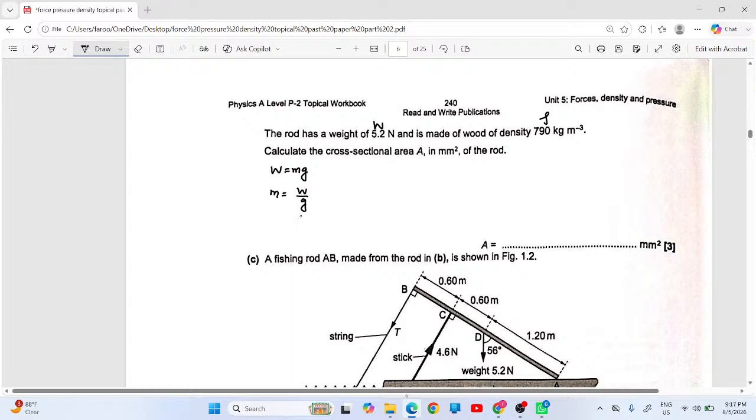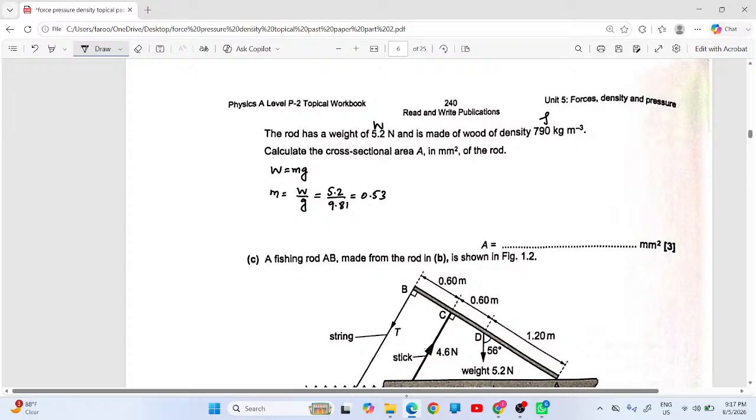Weight is what? 5.2, G is 9.81. 5.2 over 9.81. So the answer is